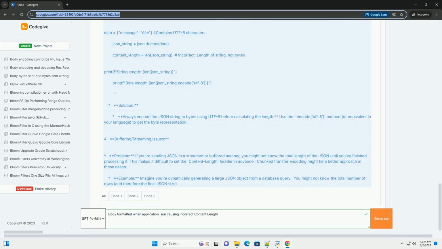Inspect the code. If the problem persists, you might need to dive into the library's source code to understand how it's handling encoding and length calculation. 3. Code examples, with corrections. Here are code examples demonstrating how to calculate content length correctly in different languages. 1. Python, using Flask. Explanation: